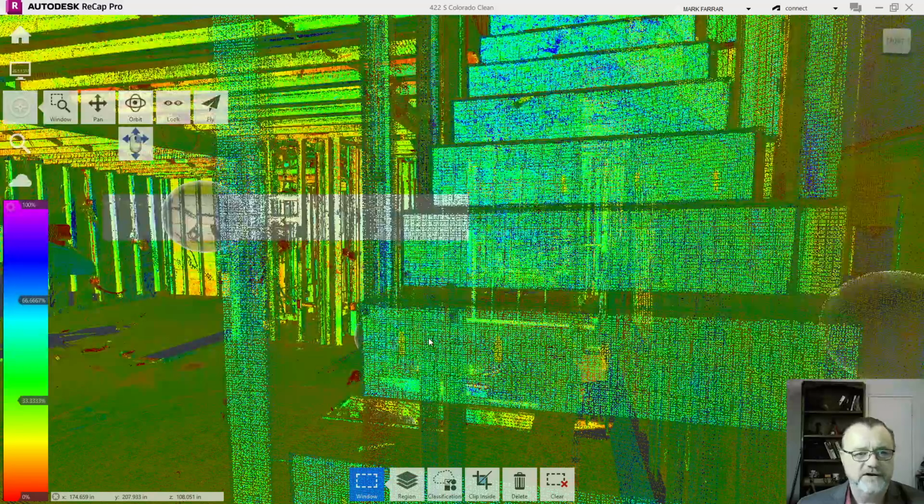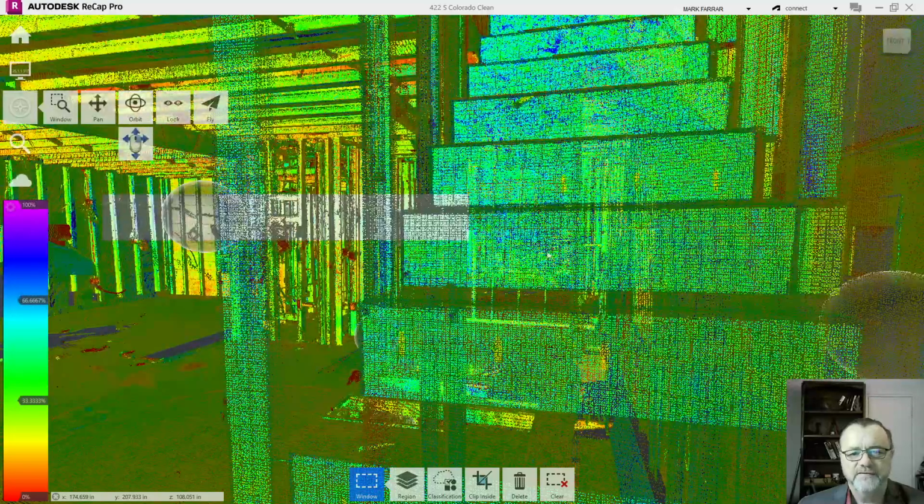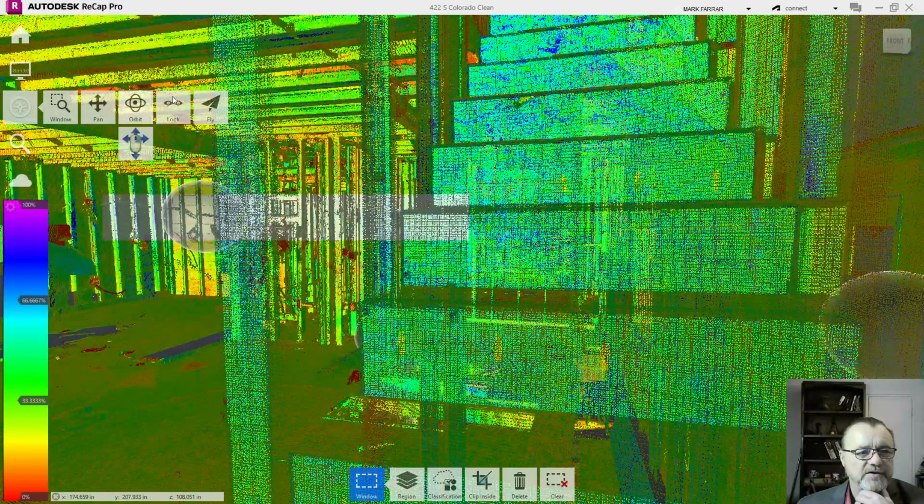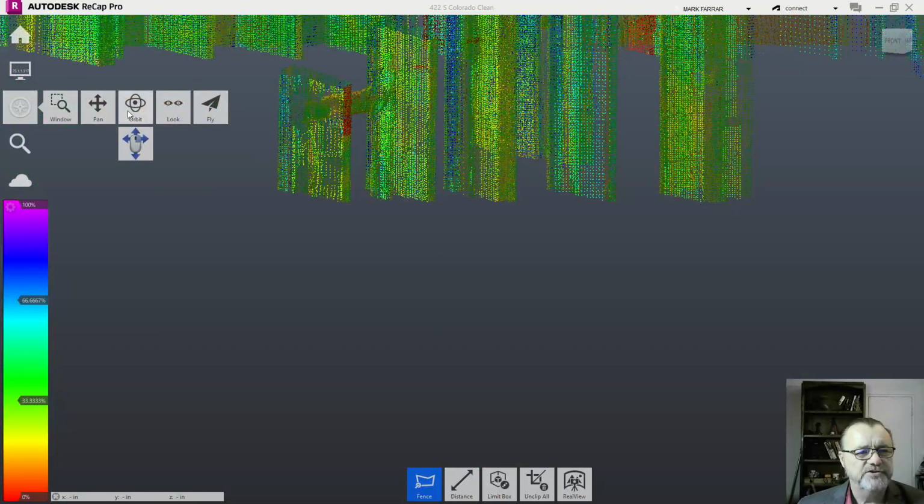And so like if I'm trying to clean up, for instance, I wanted to get this pipe out of this wall, I could come in here and say clip outside, and then turn off my mirror balls because I really don't like them. I'm going to turn off my perspective, and then I'm going to show you one area that we got to be a little concerned with. Oh, I didn't get it. I thought I had it. I thought I grabbed the right section, so I will unselect this, unclip all, and then